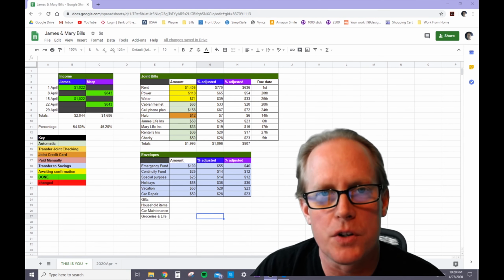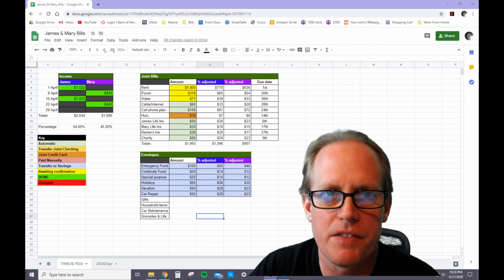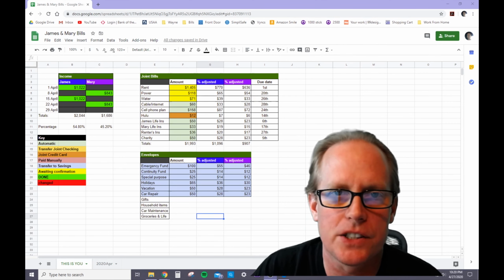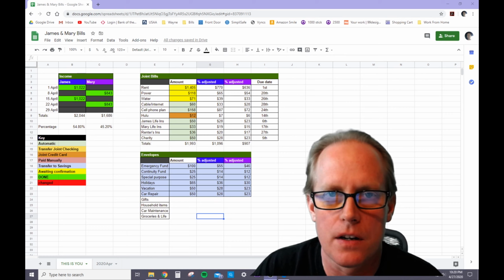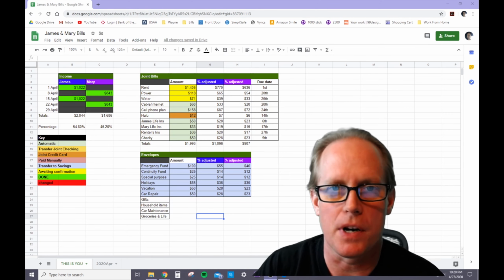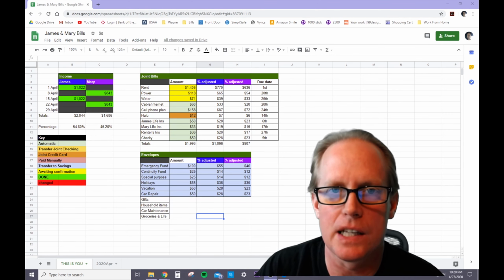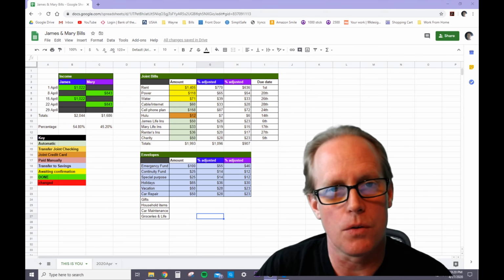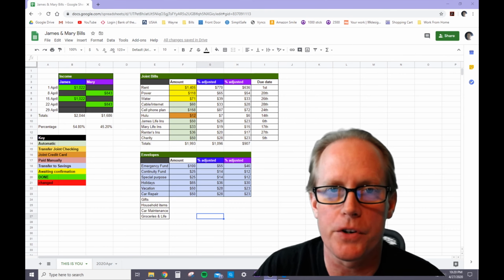Now these next four, you'll notice I have these a different color. The light blue goes to savings, as you'll see in the key, and the white just stays in checking. You'll have to track these. I do this in a paper ledger just to keep an eye on it, and it's just something that I can physically lay my hands on and go back and look at everything. You don't have to do it that way, but again, find what works for you and do that.